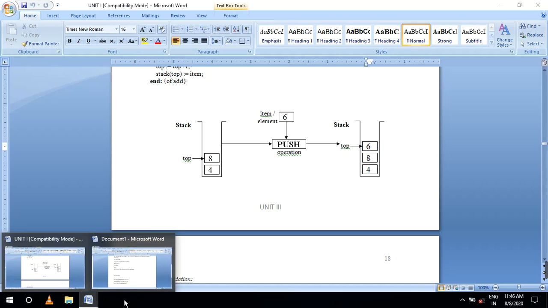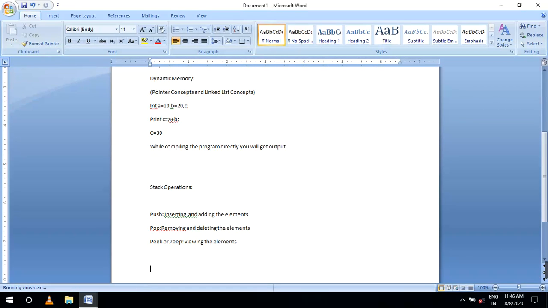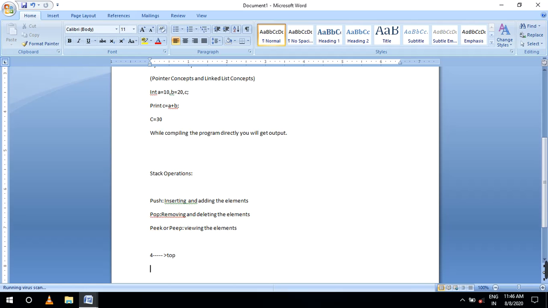For example, I am inserting 4. Now, which one is the top element? 4 is the top element.